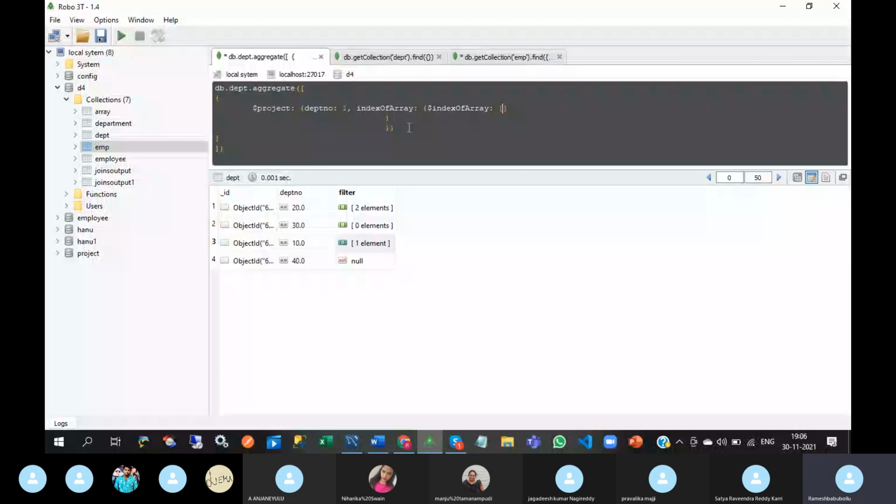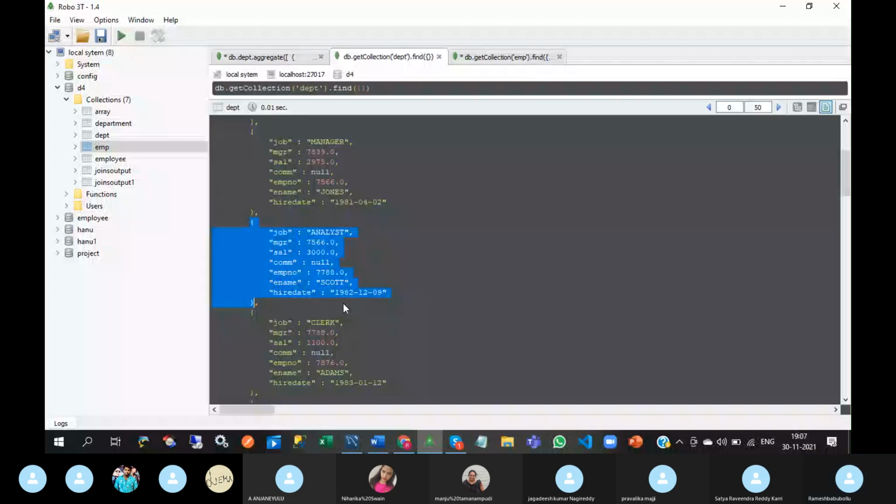Let me check. So this is the 20 employee array, and here this is the 0 object, and this one is the first object. Here 3000 is not there, and here 3000 is there. After that, 3000 is there again, but index of array returns the first occurrence only, not the second occurrence.